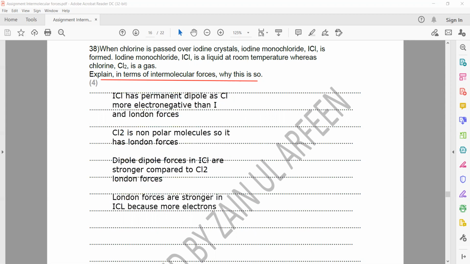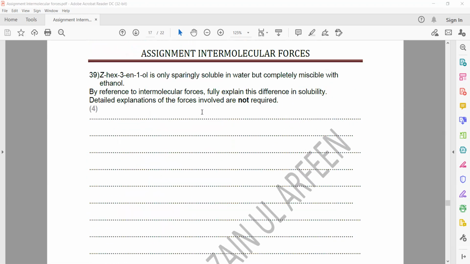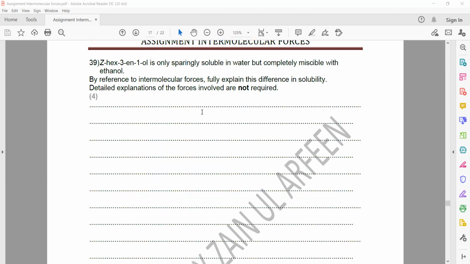So this will be the answer for this question, with which you get 4 marks. Then another question is hex-3-en-1-ol is sparingly soluble in water, but completely miscible